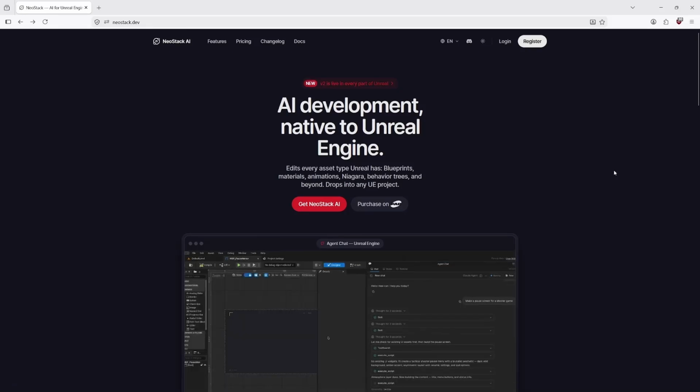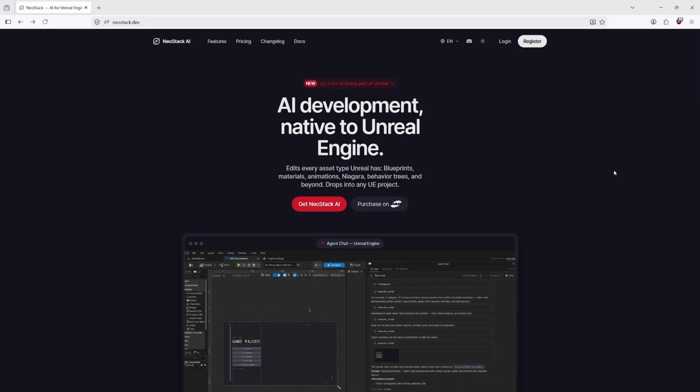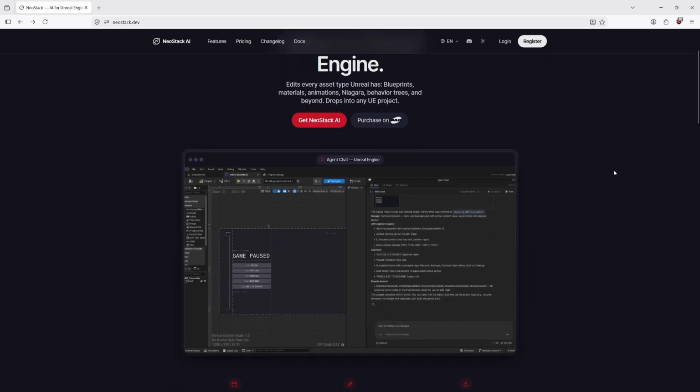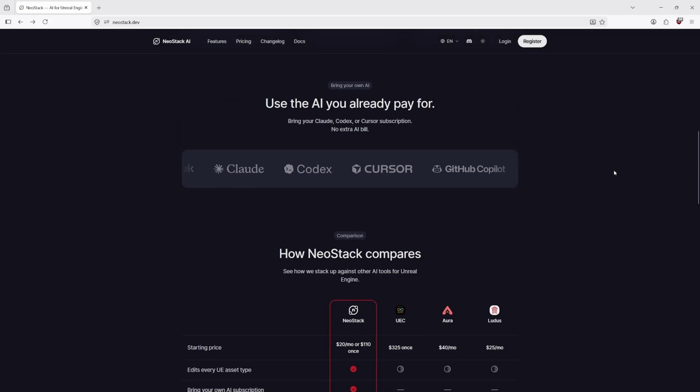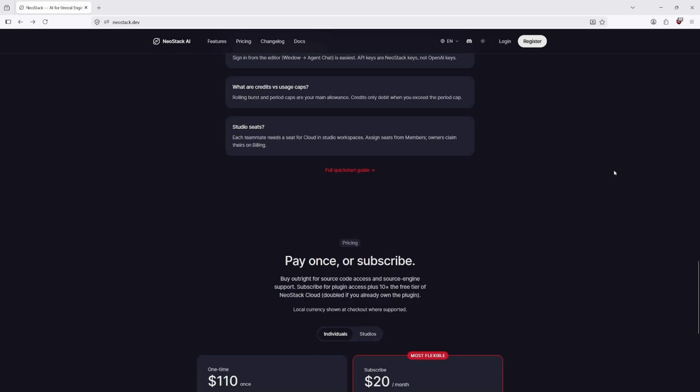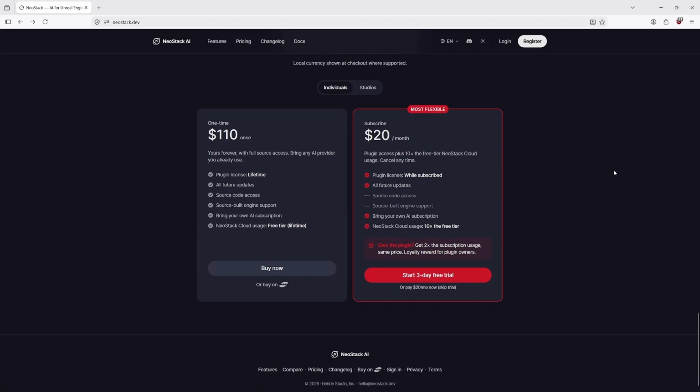Hello, this is a refresh setup and new website walkthrough, plus a quick NeoStack V2 overview. I'll show you how to find your way around the site, the 2 ways to buy, and how to get the plugin running inside Unreal. If you already own it, skip ahead to the setup section, or for other parts of the video, the timestamps